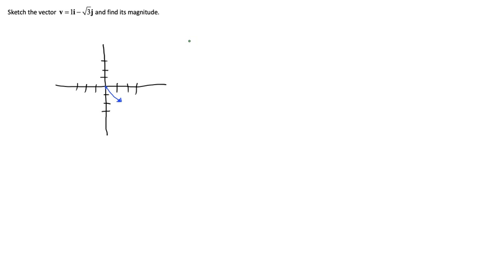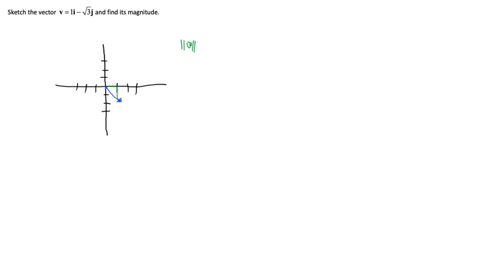So we can use the formula. If you think about it really carefully, we're just using the Pythagorean theorem. This is 1, this is radical 3, so we can draw that triangle and get the magnitude. The magnitude is usually denoted by double lines. Since it's a vector, I can't really show you this in bold,